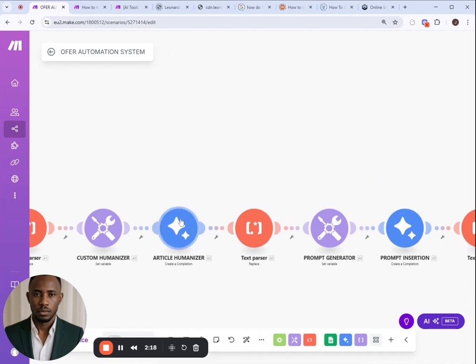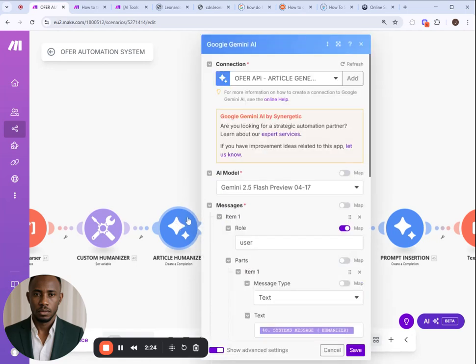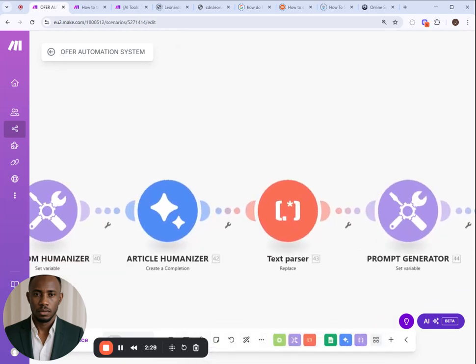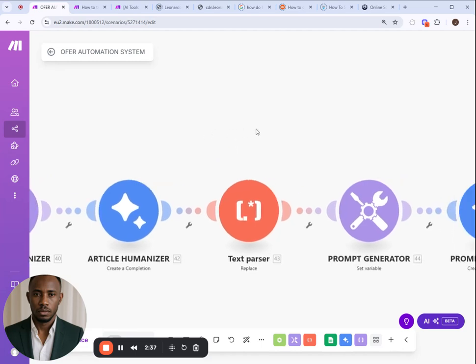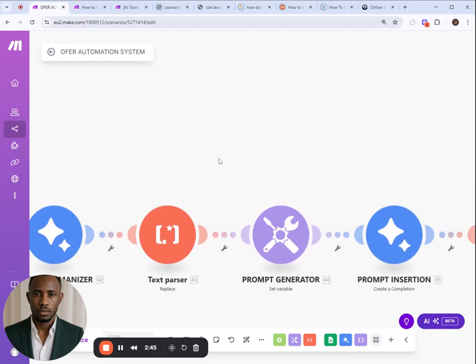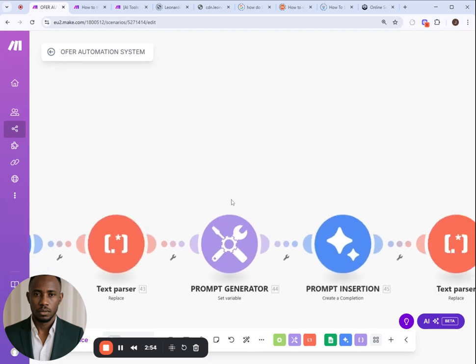Then from the articles we go to the Gemini element, in this particular node, number 42. This element humanizes the article and produces something that looks like human-written content. From there, we go to the text parser, which prepares the data generated by the prior model into a format that can be used for reference by other elements in the next phases. The next module in this case is the variable that sets the